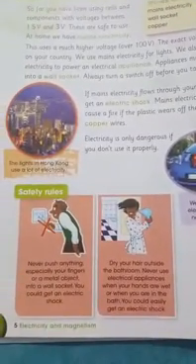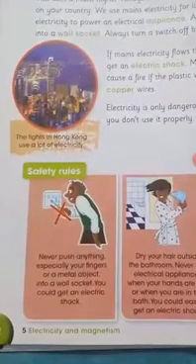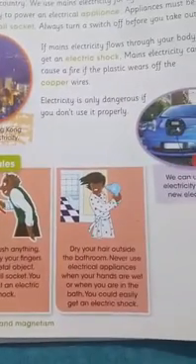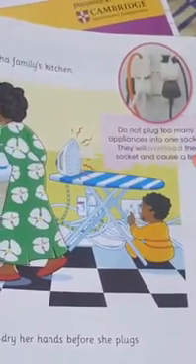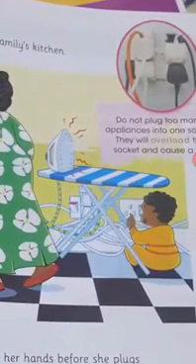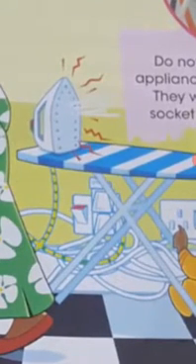Here are some do's and don'ts. If you have a wet hand and you touch the electrical socket or the wall socket, then you will get an electric shock, right? Also, if you are using electrical appliances inside the washroom, because the washroom is wet, it will produce an electric shock to you as well. Now over here, as you can see, this child is playing near an electrical socket and it's very dangerous for him.